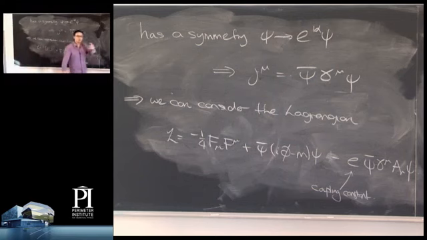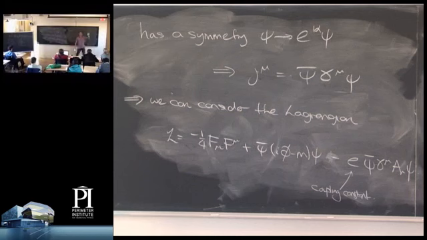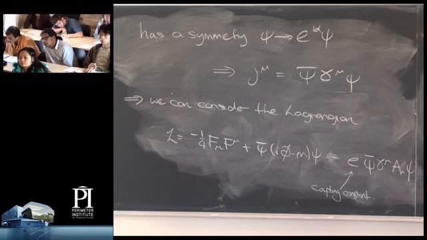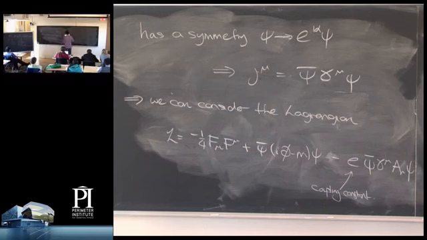And A mu shifts under the gauge transformation to A mu plus d mu lambda. So it doesn't look as if this thing is going to be gauge invariant anymore. So we need to figure out how this is going to be gauge invariant. To see that this Lagrangian is gauge invariant,